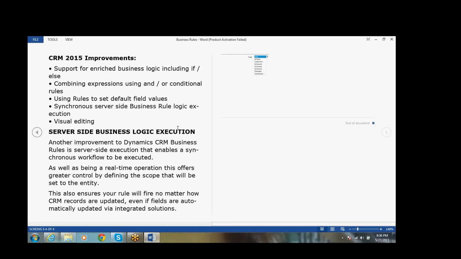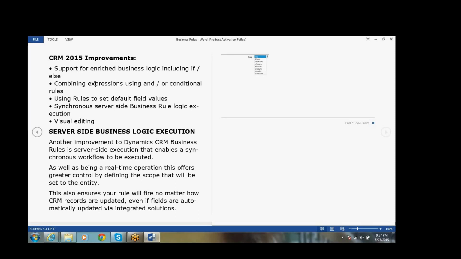Business rules were introduced in CRM 2013, and in CRM 2015 they enhanced them. What are the improvements? The first one is support for enriched business logic, including if and else conditions.